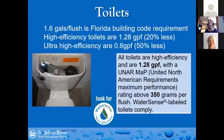So if you change the capacity in the tank, you're going to have problems with performance. So that's why you kind of need to buy a new toilet. It's designed, especially these 0.8 of a gallon per flush, to really move water efficiently out of